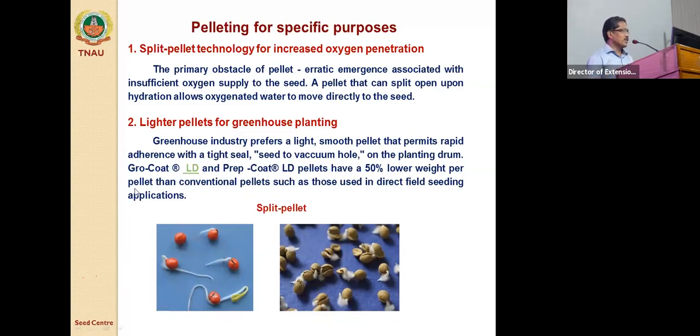So especially for vegetable crops, when we go for greenhouse planting or pro-tray planting, if you go for increasing the size, the weight will be higher. In that case, we cannot compromise on the quantity of filler material required, but we can compromise on its chemical property. So in that situation, we have to select the lighter materials for seed coating. That is very much important. So that specific type of coating fillers are available.